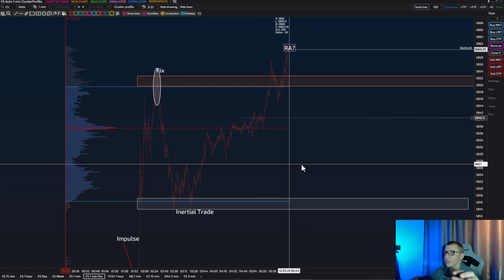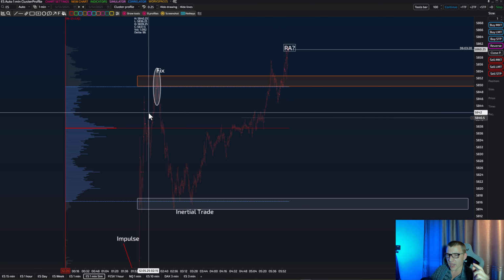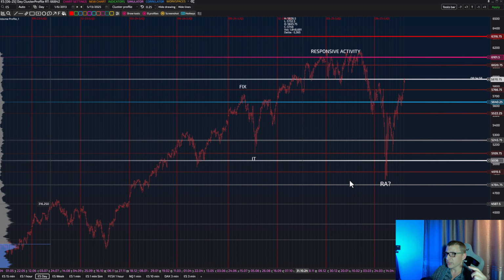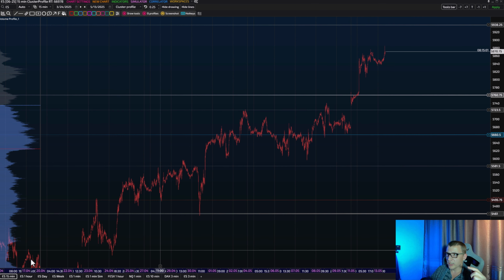This is why we have no factors for sell. The only factor for sell is on daily auction, but taking into account everything I just told you, taking into account the bias that we see an institutional buyer on the hourly time frame here, on the daily time frame here, which is the bias responsive activity. Taking into account this range, we have no factors for sell right now.